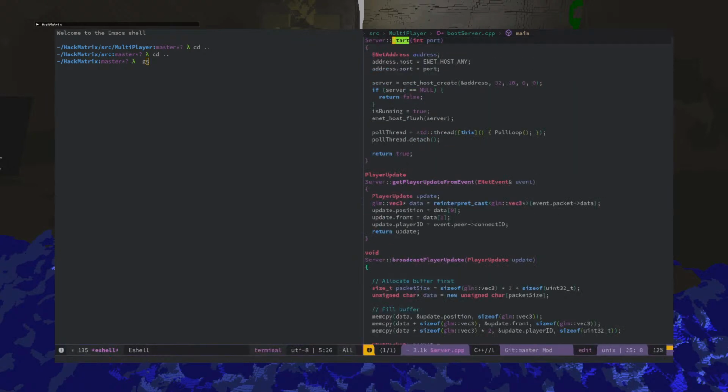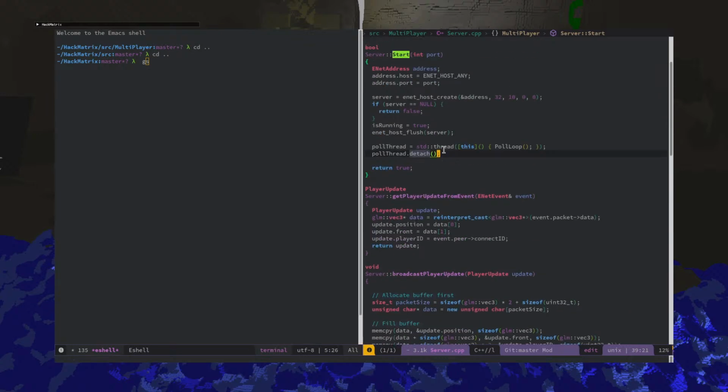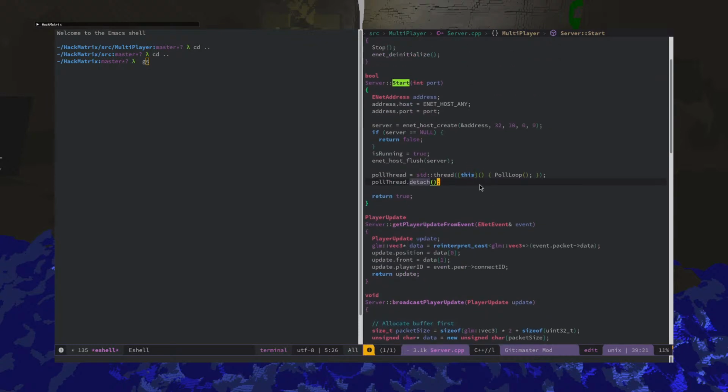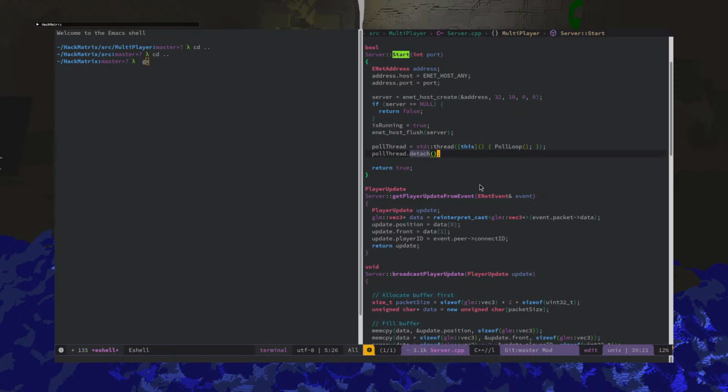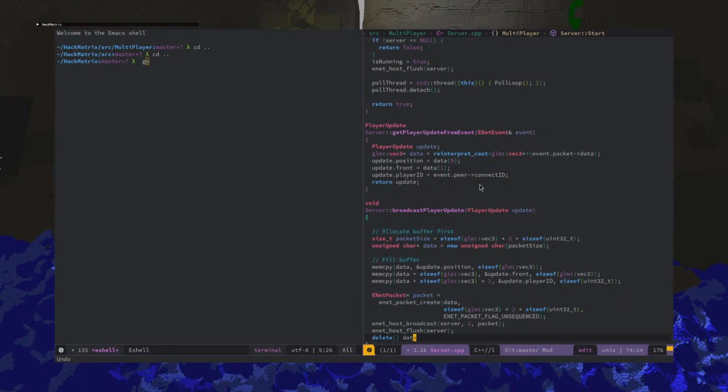Server start. And so it creates a thread. Then it detaches, and then it runs the poll loop. Poll thread. Oh, it's running 2 poll loops? That's why it's doing a double free. Fixed it!